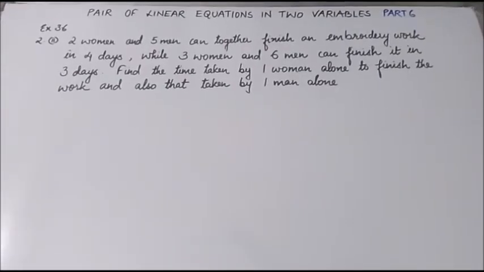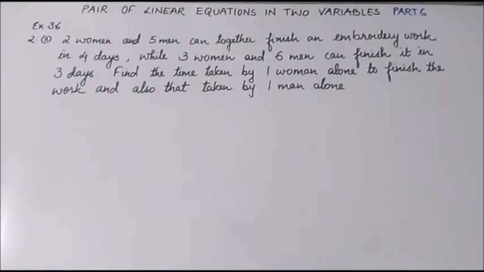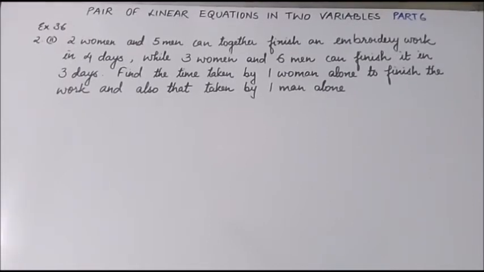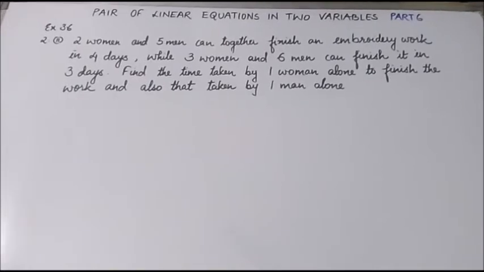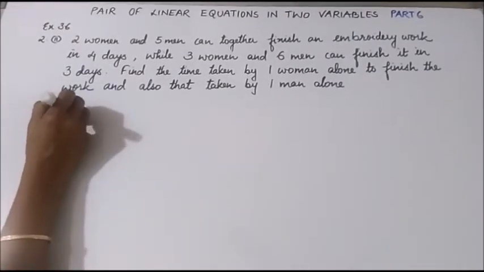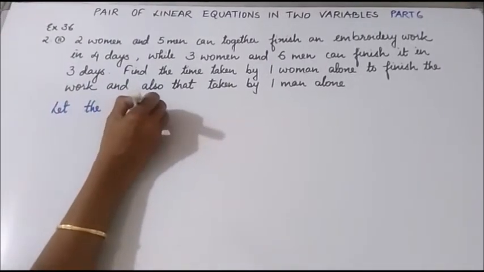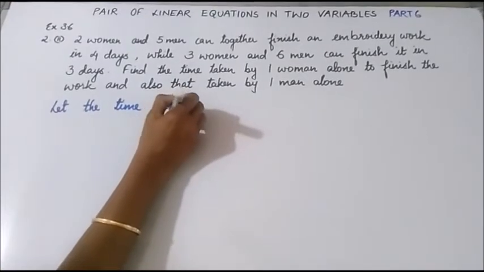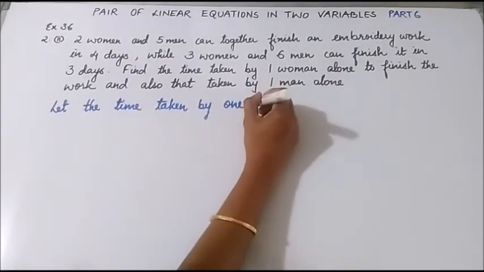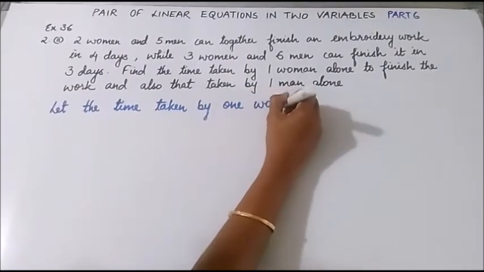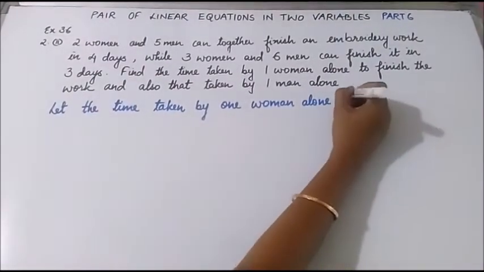Second question. 2 women and 5 men can work together and finish an embroidery work in 4 days, while 3 women and 6 men can finish it in 3 days. We are told to find the time taken by 1 woman alone and 1 man alone to finish the work. So first let us write here, let the time taken by 1 woman alone to finish the work be X days,